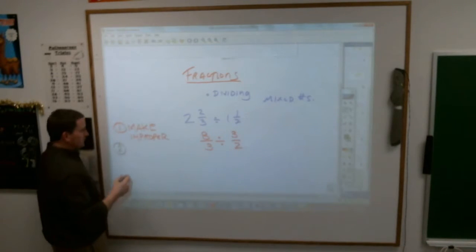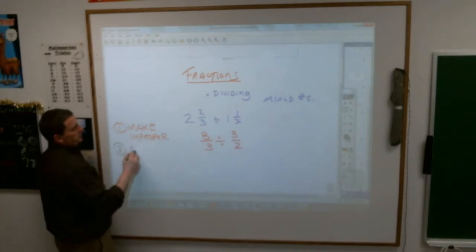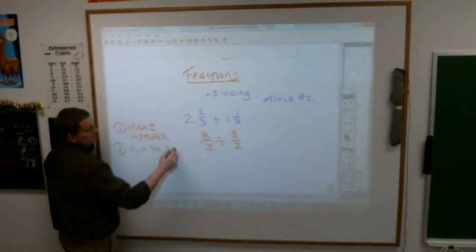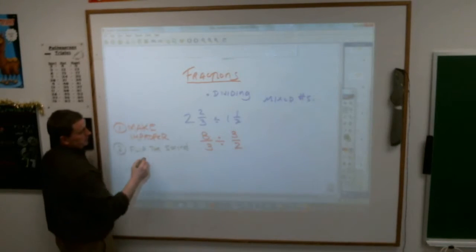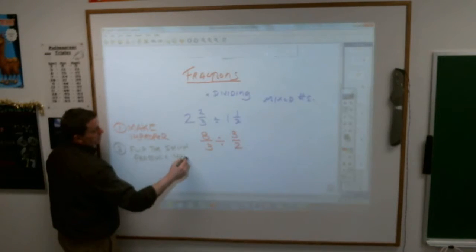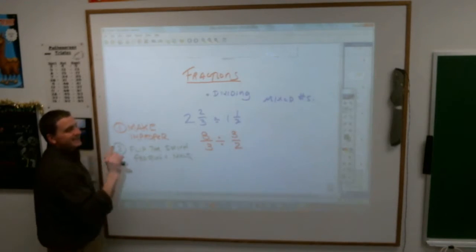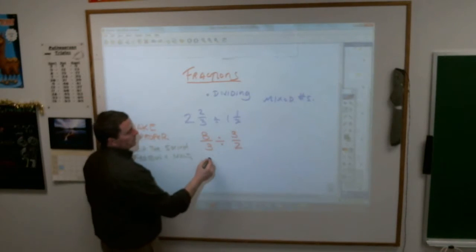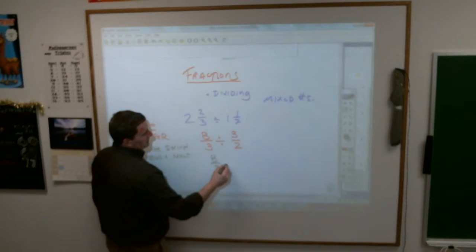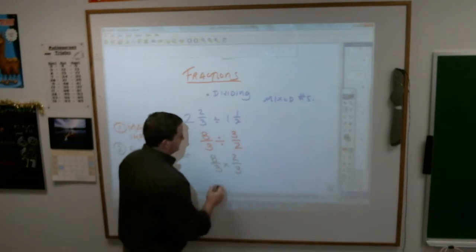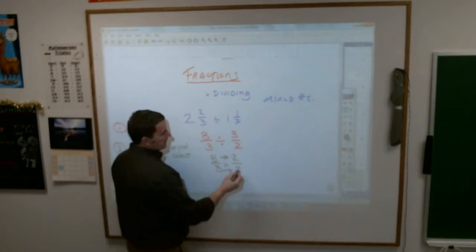Yes, so I'm going to change that and just say this. Flip the second fraction and then multiply. And that's where most people go wrong. Please make sure it is the second fraction. Don't flip the 8/3. Flip the second one. It's going to be 8/3 times 2/3. And when you multiply that out, you get